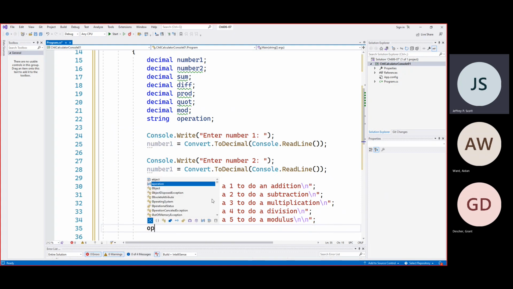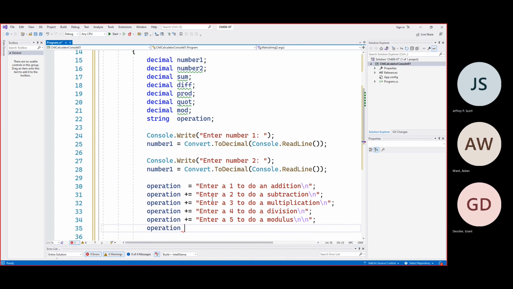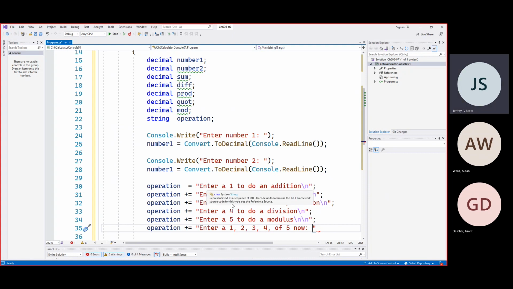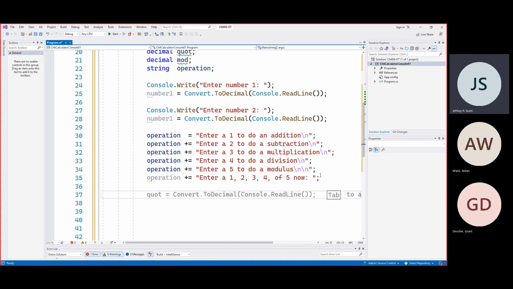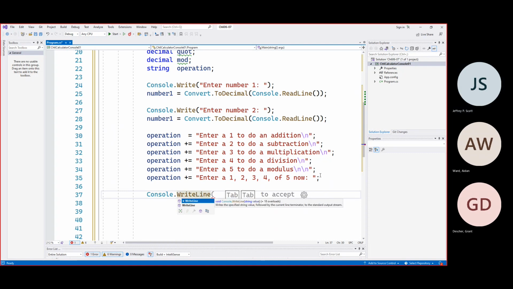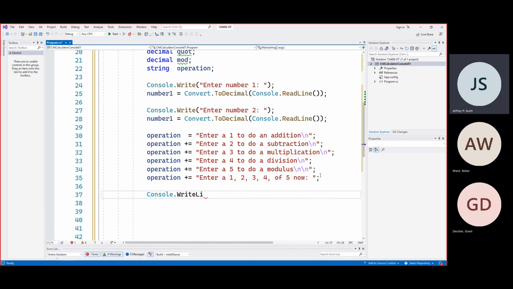Then I'm going to say operation plus equals enter a 1, 2, 3, 4, or 5 now, like that. All right, so I've got all that stuff. Now, if I do this, I'm going to say console.WriteLine. In fact, I want to make it a Write, but we'll see. Right, and I'm going to put in